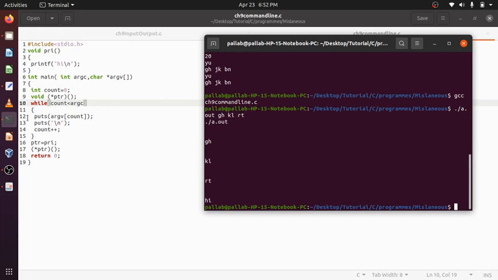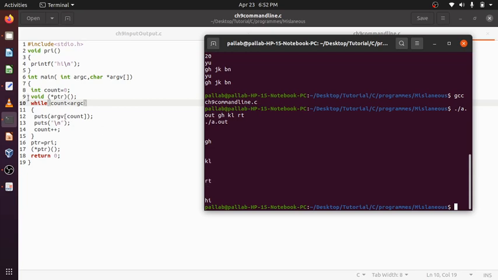What I am doing here is puts argv, counting from 0 to less than argc. Four values will be there, so argc will be 4, because 1 2 3 4 is there, 0 to 3, so 4 things are printed. This will be argv0 a.out, argv1 gh, argv2 kl, argv3 rt.